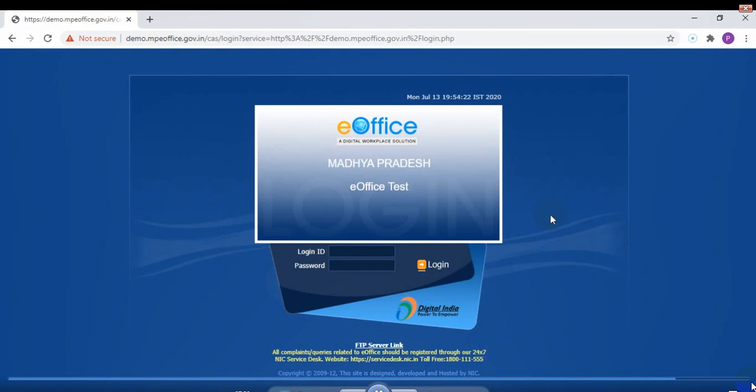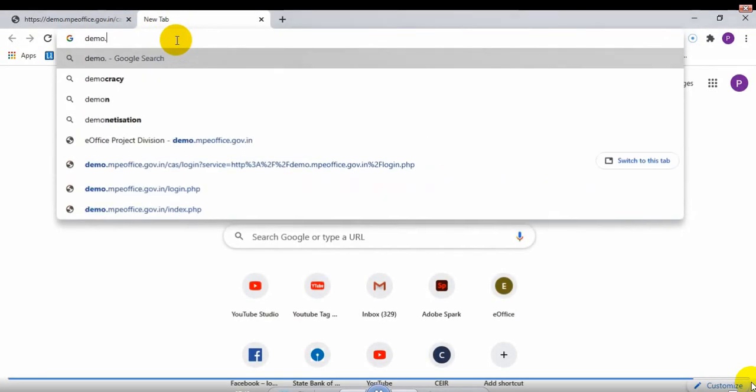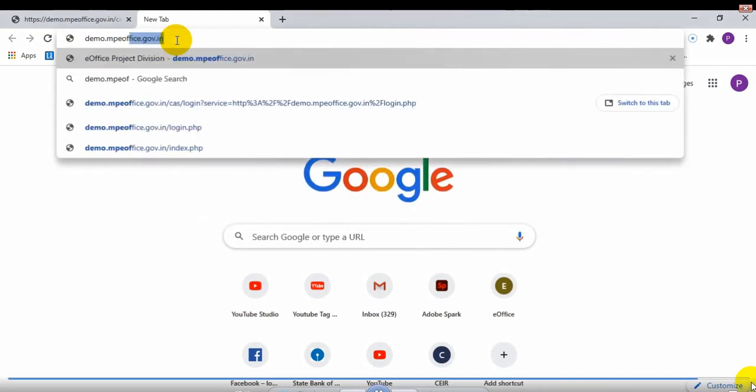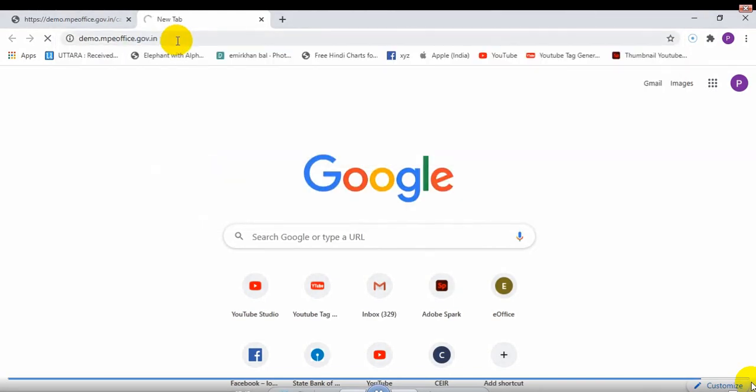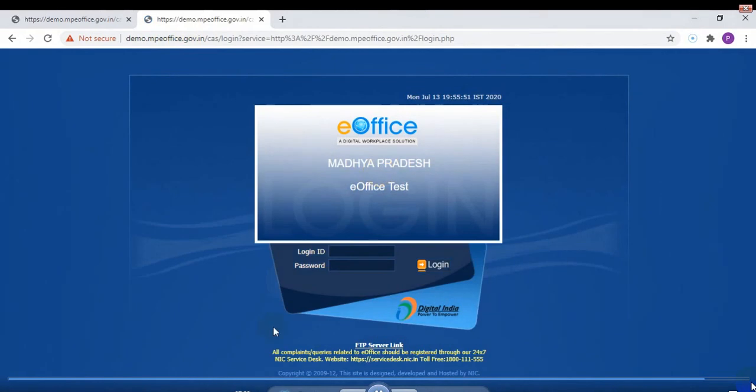In this browser only, I will open a new tab to see, because I did not check it before creating this demo website. I just want to check here. So I'll open the new tab and type the same URL, demo, enter, and see, here it has opened at the very first time. No issue, no error message, because I have already done the required setting. So until this computer gets formatted, this website will work fine on this system, right?